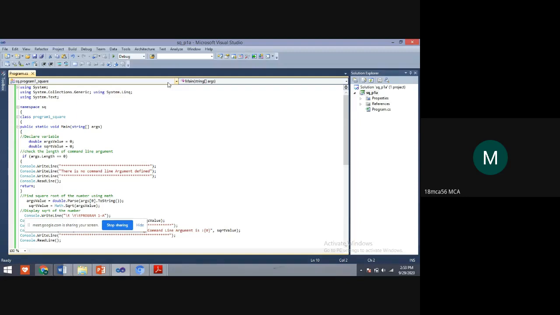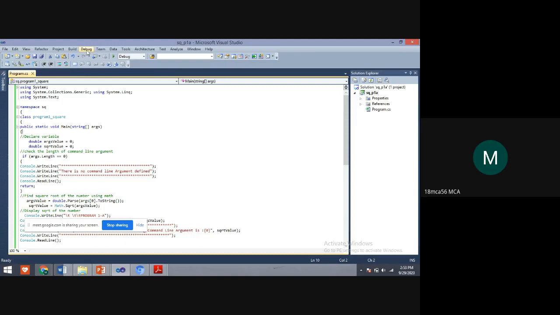The first option is you can press the F5 key, a shortcut key to run the program. One more option is this triangle icon. When I put my mouse pointer on it, it gives the description of the icon, that is start debugging, with F5 in brackets.